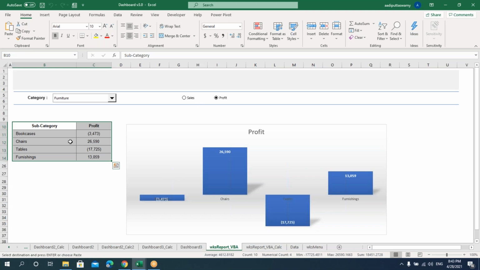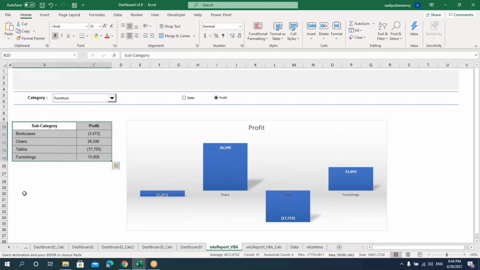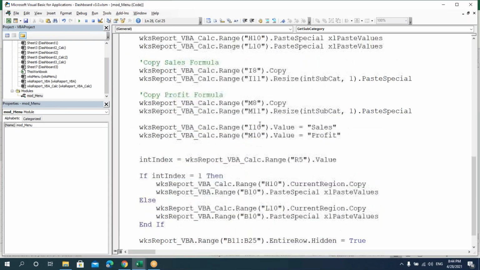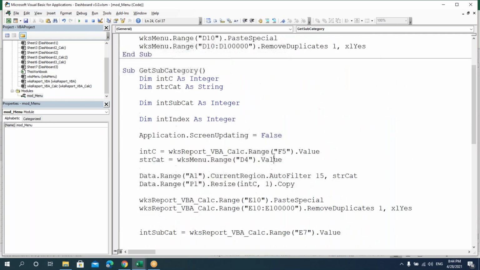Then once it is done, we took a table, we formatted it, and then we unhide those subcategories which are taken here. Rest all the rows which are formatted will be hidden. Then we created one chart which refers to this range so that we can have the chart as well. So likewise, if you go step by step, these codes are just copying and pasting, just building the reports whatever we created. So likewise, we can create reports using VBA as well.